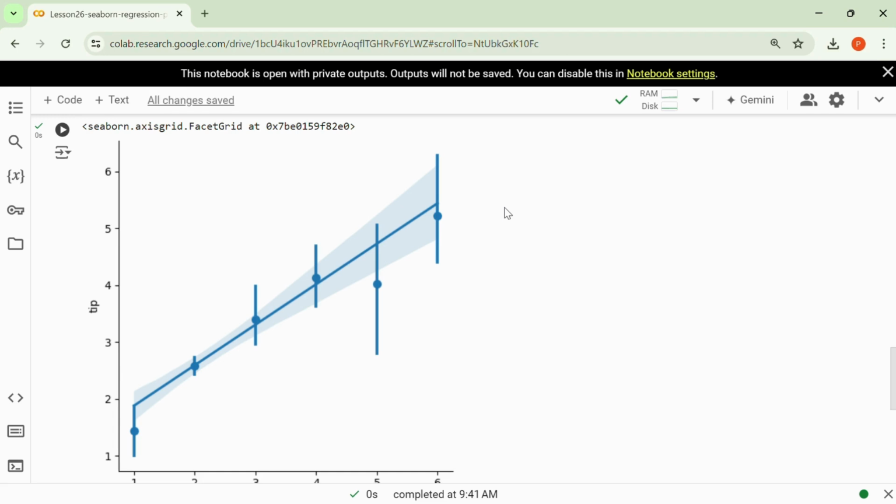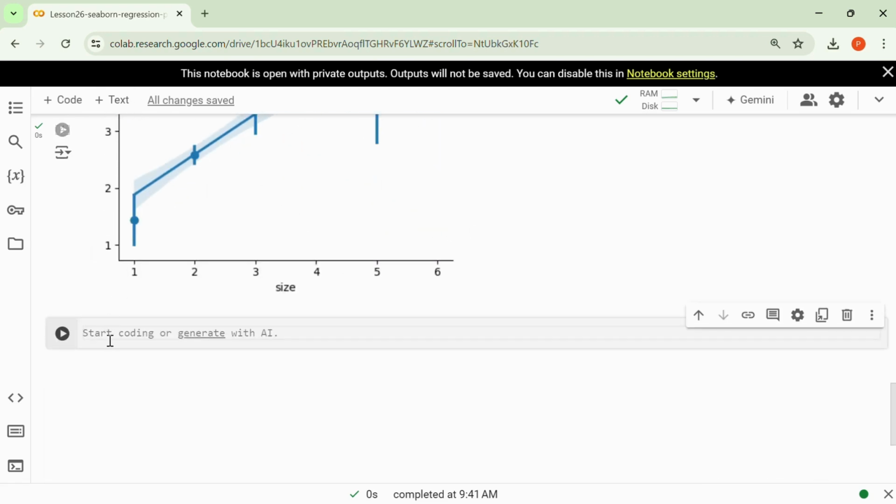These are some useful things which can be achieved with the help of lmplot and regression plot. However, there are multiple more things we can do. Usually a linear plot is sufficient, but not always. There may be some non-linear relationships in the data. So for that, we can have